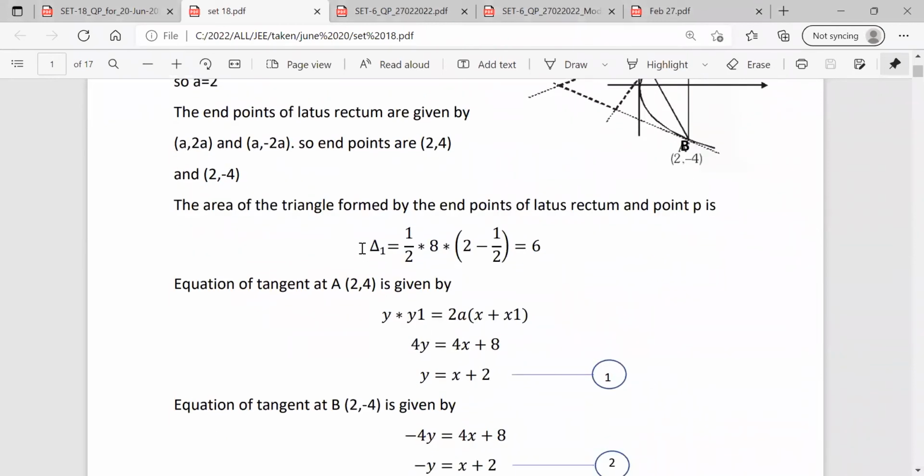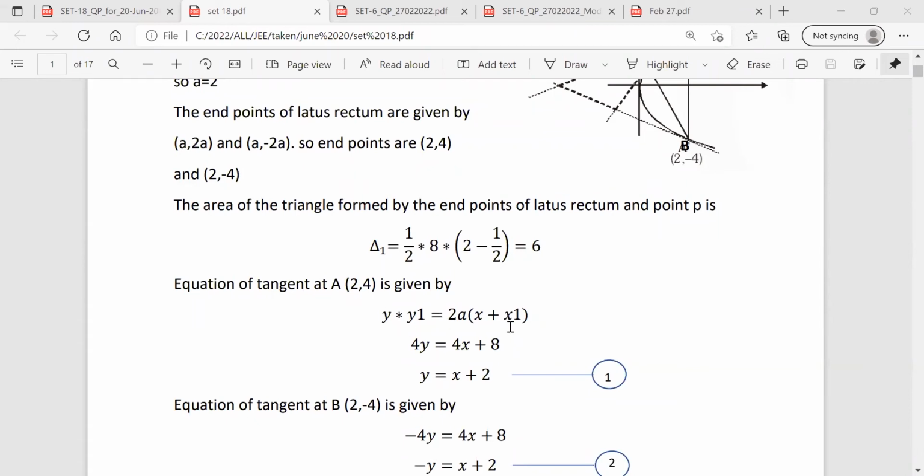So we know the equation of tangents, how to find the equation of the tangent. I know all of you have an idea about what the equation is. So y into y1 is equal to 2a into x plus x1. We have the values, so we have to directly substitute those values and frame different equations. The first one is the equation of the tangent at A, the point (2, 4), given by